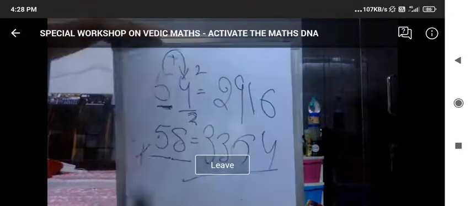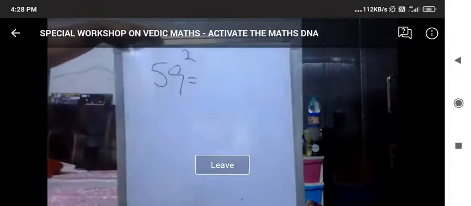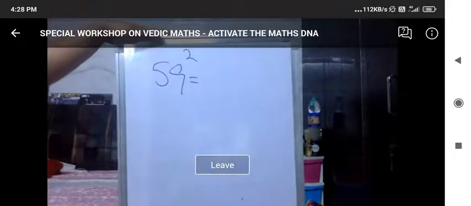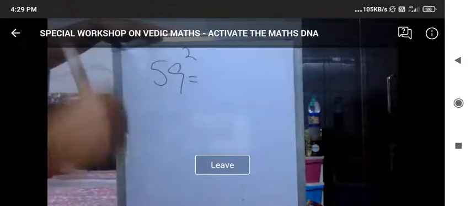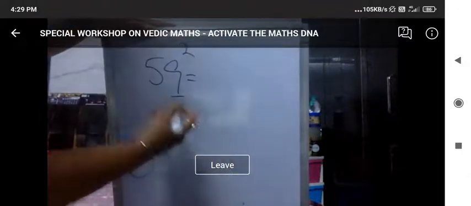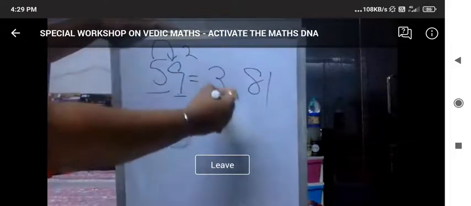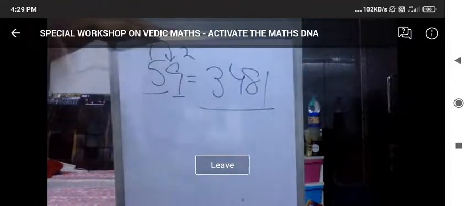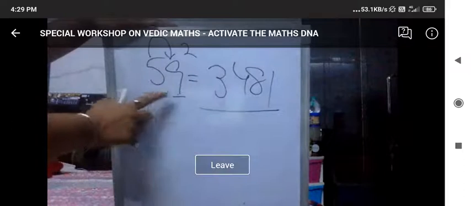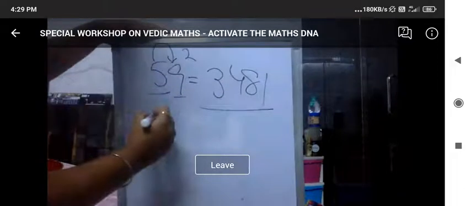Hope this is clear. Now further, I'll write one number and you have to answer me. Yes, I can hear you. The question is 59 square. And I would like to get the answer. Yes. Who can get the answer easily? Yes, 9. Start reading the table of 9. So 9 square is 81. 5 square 25 plus 9 will give you 34. You get the answer 3481. Isn't that quick? Absolutely. 9 square 81. 5 square 25 plus 9 is 34. I got my answer.